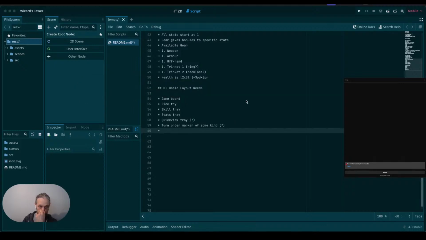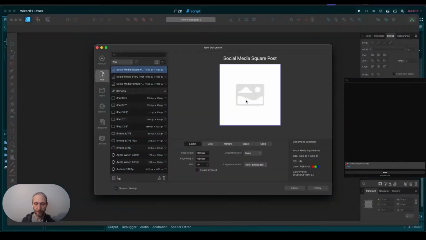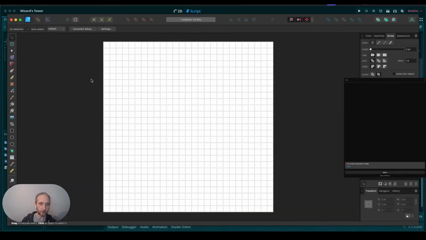So I think that's going to be everything for now. So let's go ahead and open Affinity Designer. Yeah, sure, 1080 by 1080, why not? Affinity Designer is the non-shitty version of Adobe InDesign. It's not a subscription service, you just pay for it and you have it. So it's pretty cool. I've been using it literally forever. As soon as it first came out, I was like, yes, I need this. I've been using it for, I don't know, 5 or 6 years. How old is it? Anyway, regardless, let's go ahead and